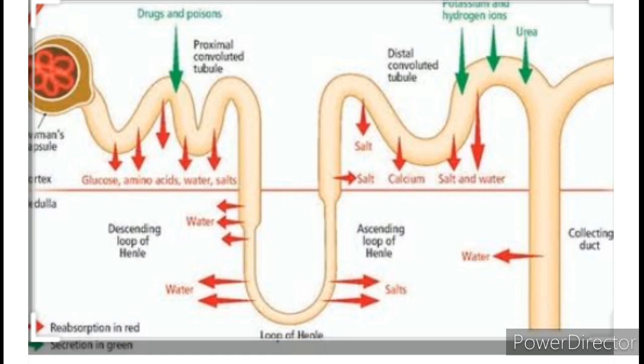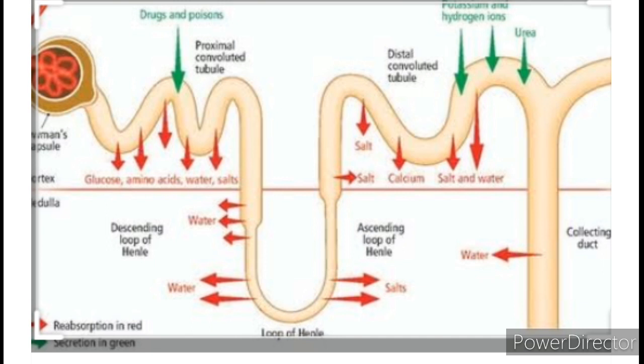Coming to the last step, tubular secretion. This is the final step in the formation of urine. It happens in the walls of the tubules, that is, the proximal convoluted tubule and distal convoluted tubule. The toxic substances present in the body fluids are secreted into the tubules and thus collected and come to the collecting tubules. Toxic substances such as drugs and whatever toxic substances we eat in our food items all come to the kidney and are present inside the body fluids.